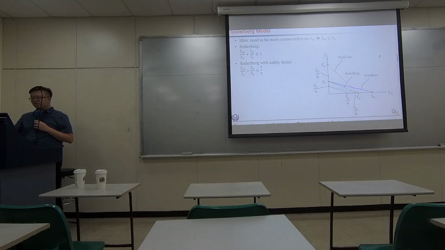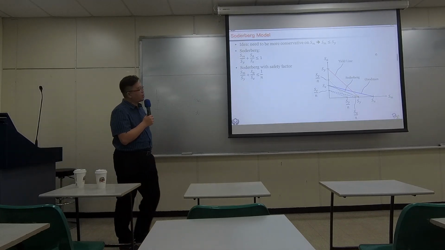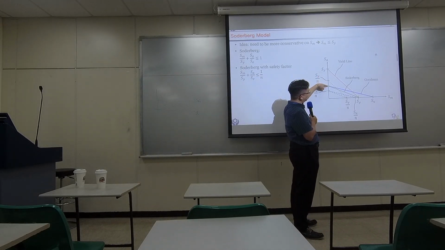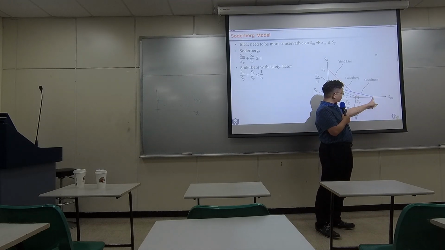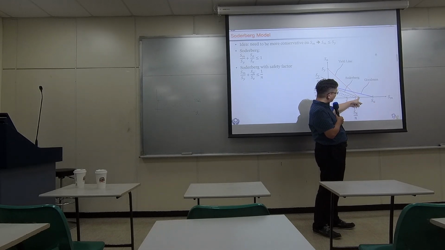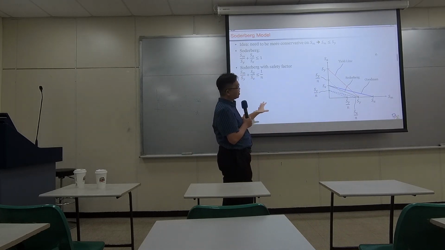Soderberg decided to be more conservative. He agrees with Goodman that we should have a more conservative upper bound at the endurance limit. However, he doesn't believe for the mean value you can actually set up a bound at the ultimate tensile strength. He believes we should keep the same upper bound at the yielding strength. So Soderberg is the most conservative model, in fact, in fatigue